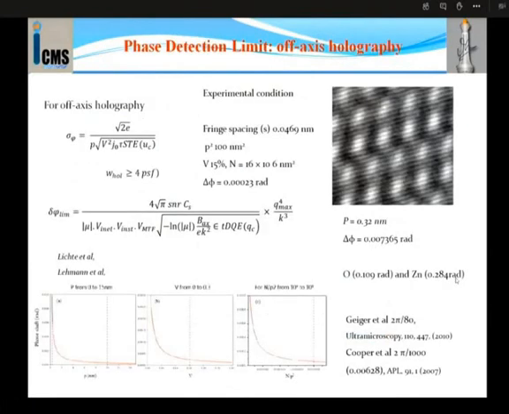There is one important parameter called the phase detection limit. It's like resolution. The phase detection limit is also very important because it tells you the smallest gradient of the electromagnetic field you can determine. I'll not go through the details, but from our experiment, we have a phase detection limit of about 0.007 rad, which is much better than the requirement, because to count incremental oxygen and zinc atoms on the column, you need 0.1 and 0.2 rad. So the numbers we have will allow you to count the oxygen and zinc atoms.